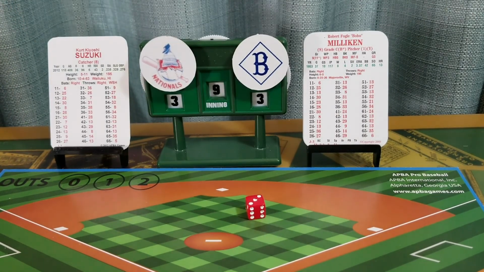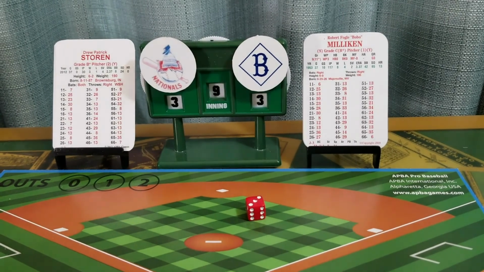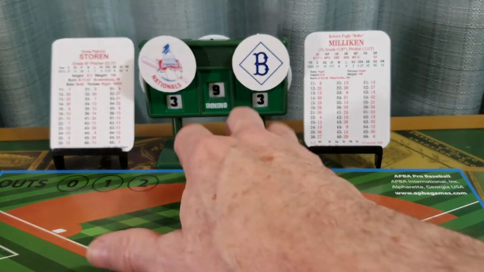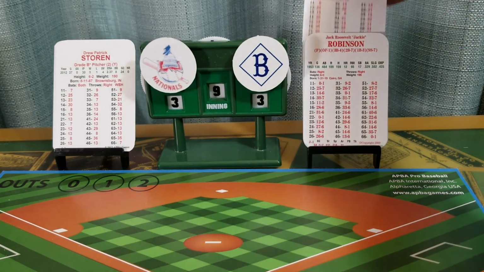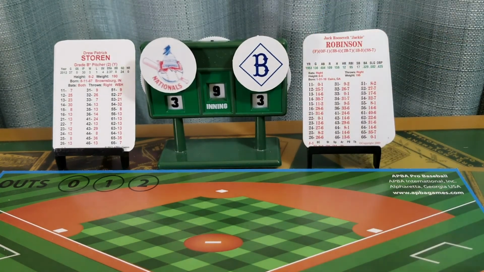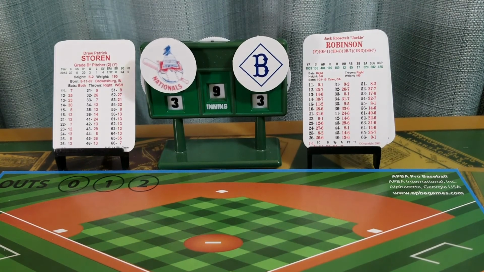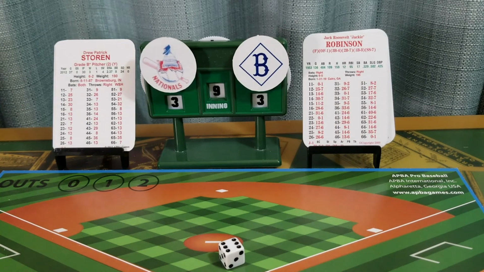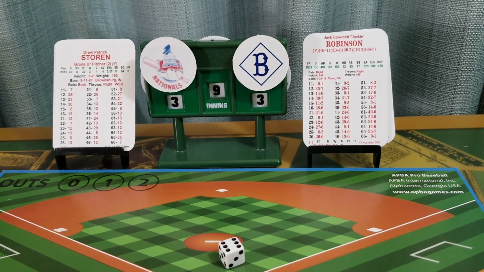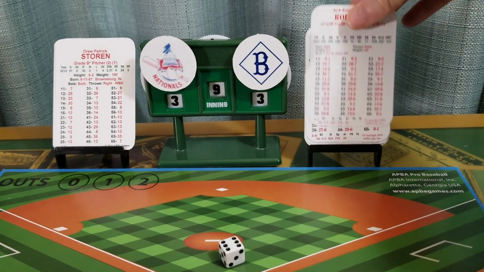Scores tied 3-3. Drew Storen would be brought in to pitch for the Nationals in the 9th inning, grade B pitcher, Y modifier. He will be looking at the top of the order, and Jackie Robinson, who is 1 for 4. Stolen base and run scored. 36 is a Y modifier, so he strikes out for the first out. Junior Gilliam,